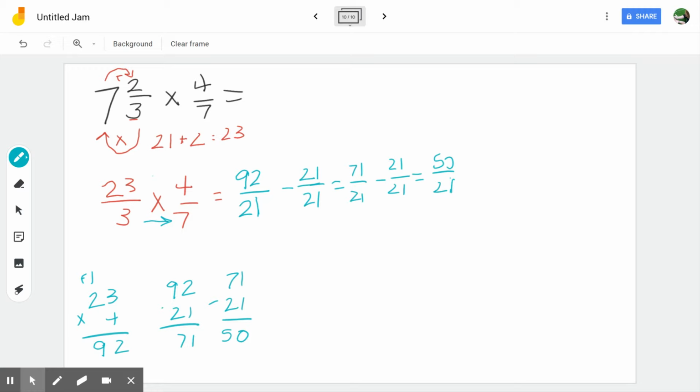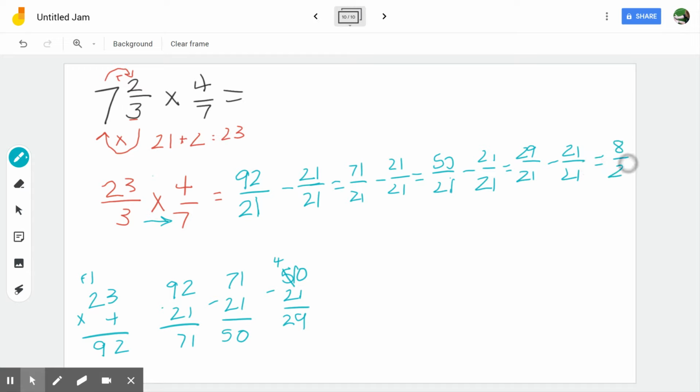The pen's not working there. We can subtract another whole, 21/21. 50 minus 21. I'm going to borrow from the 5. That makes it a 4. This makes that a 10. 10 minus 1 is 9. And then 4 minus 2 is 2. So that equals 29/21. Still an improper fraction. So we have to do one more 21/21, one more whole, and we get